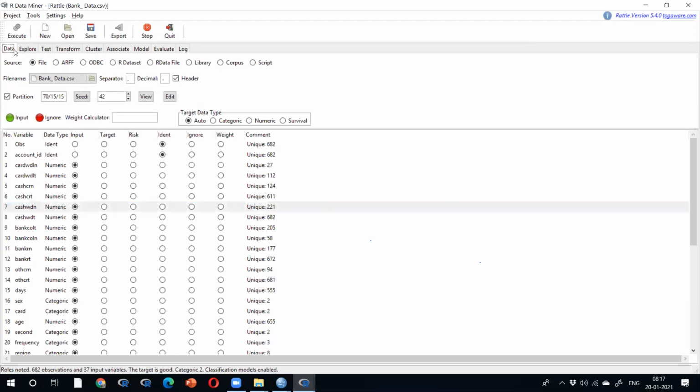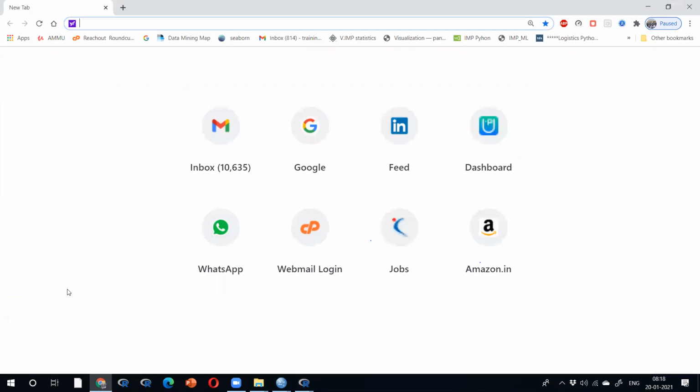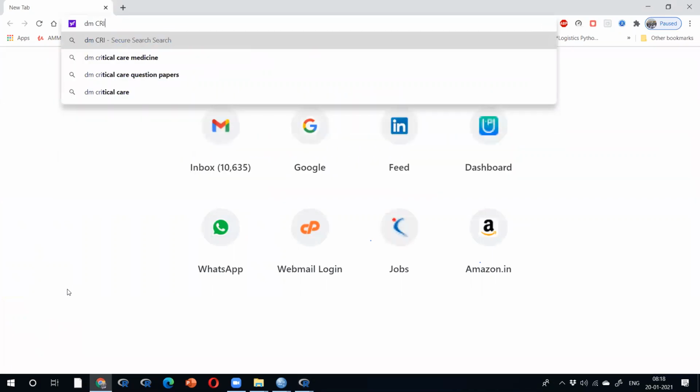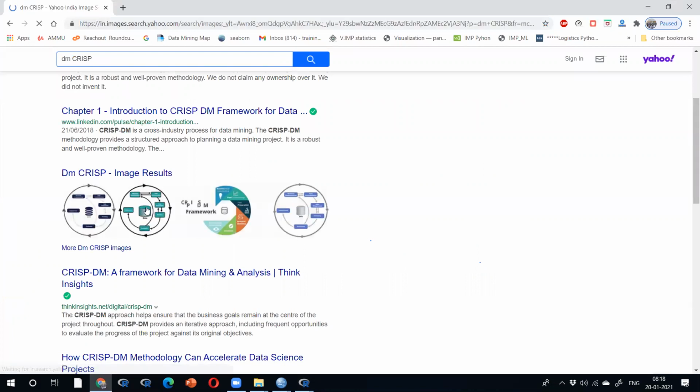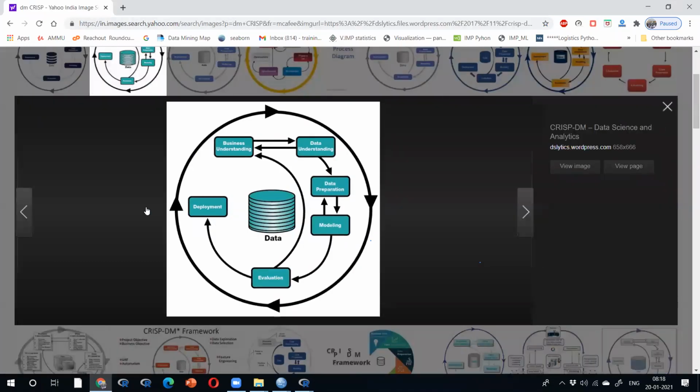This is called data mining CRISP, DMCRISP. The interview's first question is this one. If you go for any interview, they will ask, tell me about data mining CRISP. You have to say SEMMA techniques. SEMMA. Verizon company, Qualcomm company, or any top company, the senior managers ask such kinds of questions.